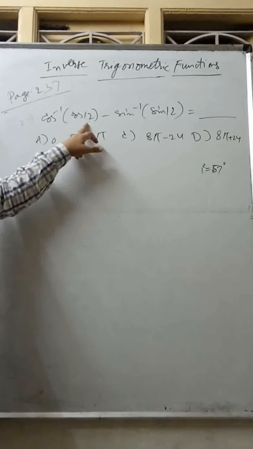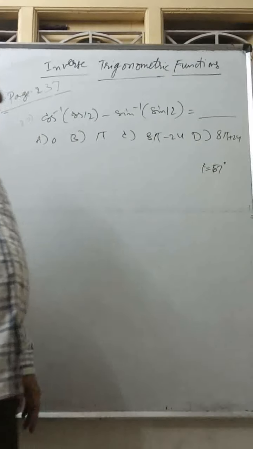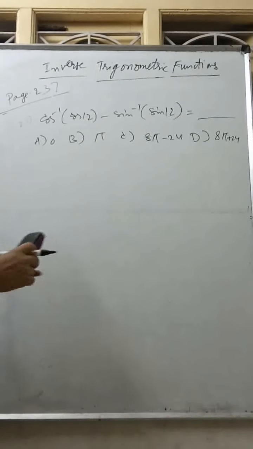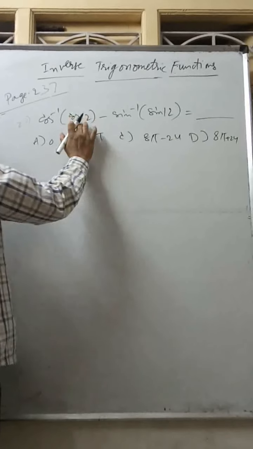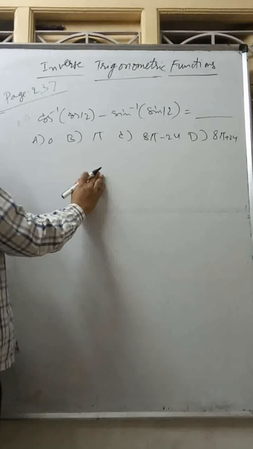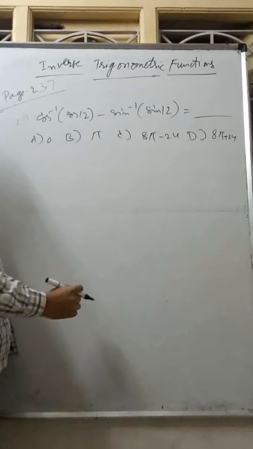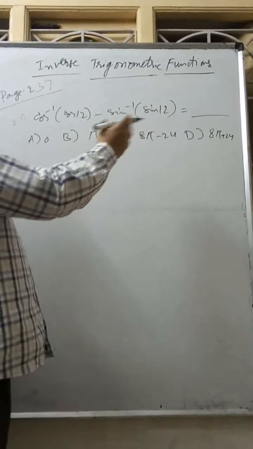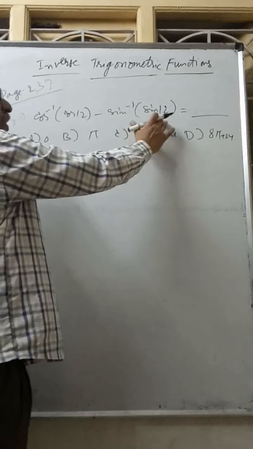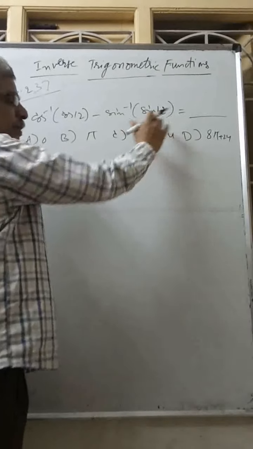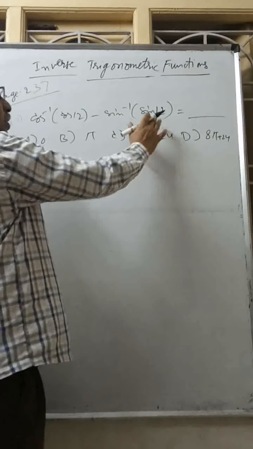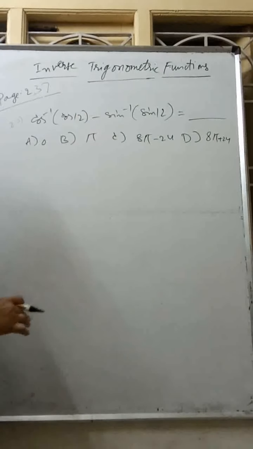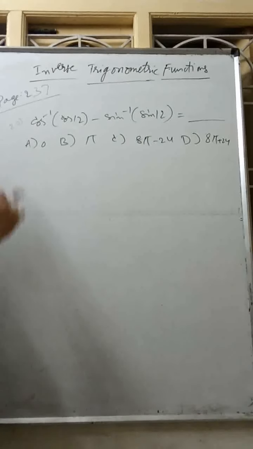What is meant by 12 radians? 1 radian is nearby 57 degrees, so it should be more than 4 pi value. What I want to say is, your cos value should lie between 0 to pi only. But this is how much? 12 into 57 degrees, some 600 degrees around. Sin also the same; this should lie between minus pi by 2 to plus pi by 2, our required domain. So 12 radians does not come into our required domain, 0 to pi or minus pi by 2 to plus pi by 2.